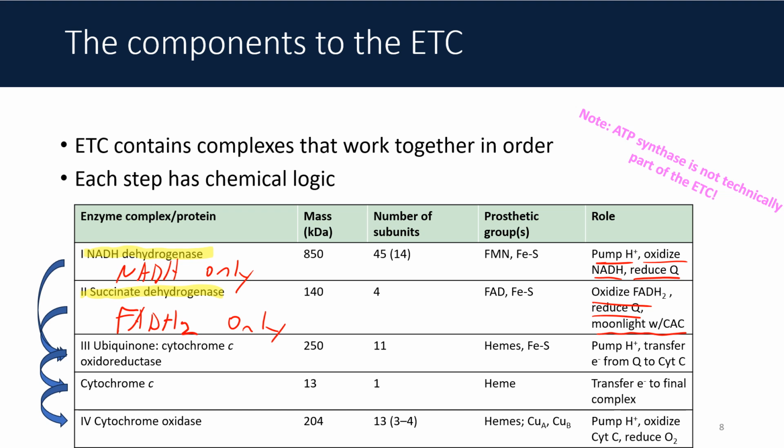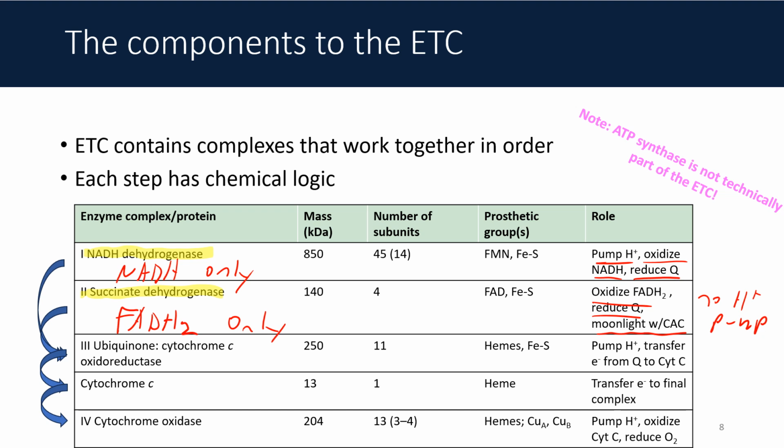However, unlike complex 1, there is no proton pumping action going on here. It's just pure redox. From this point, the electrons that we've loaded onto the ETC via these charged up coenzyme Q molecules will next